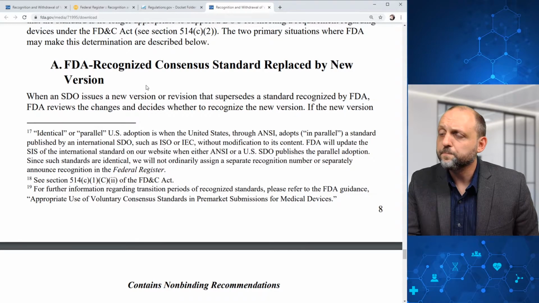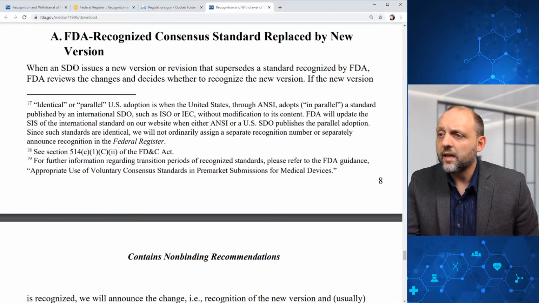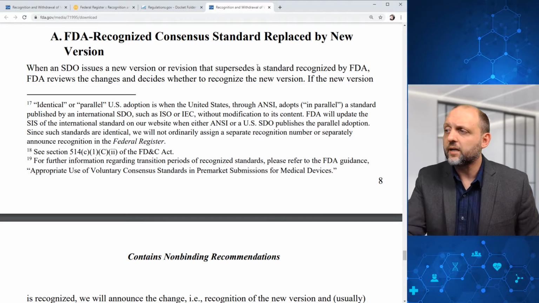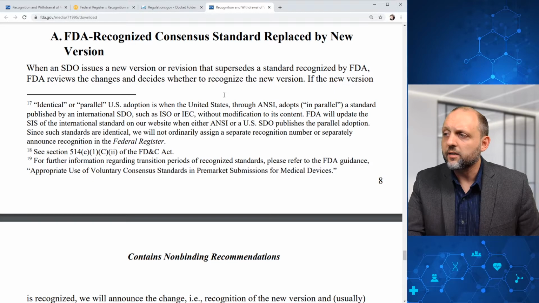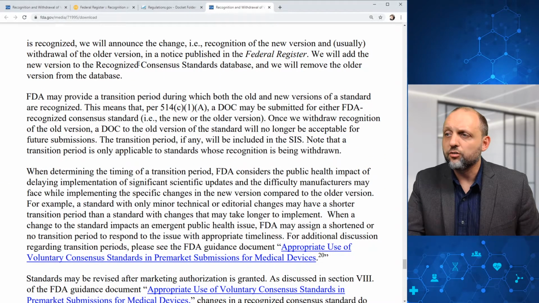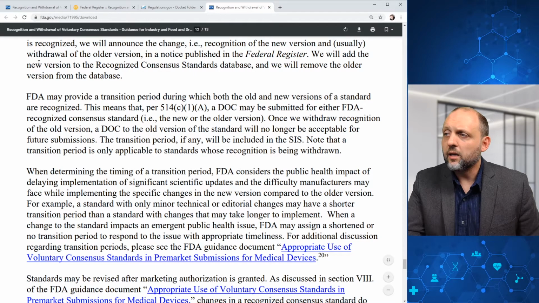The first is if the FDA recognized consensus standard is replaced by a new version. When an SDO issues a new version or a revision that supersedes a standard recognized by FDA, FDA reviews the changes and decides whether to recognize the new version. If the new version is recognized, we will announce the change and usually withdrawal of the older version in a notice published in the Federal Register. We will add the new version to the recognized consensus standards database, and we will remove the older version from